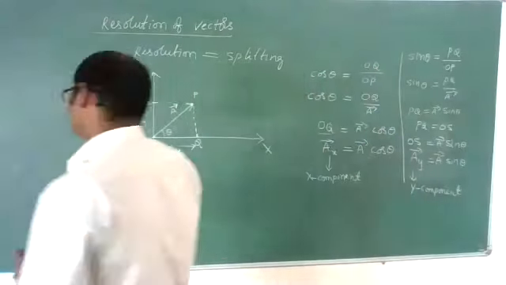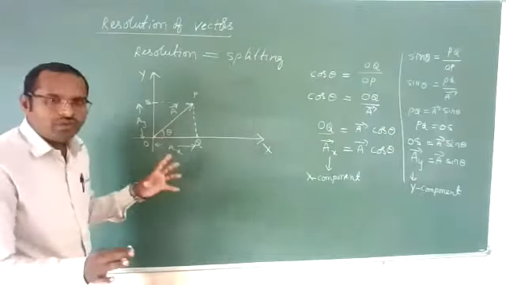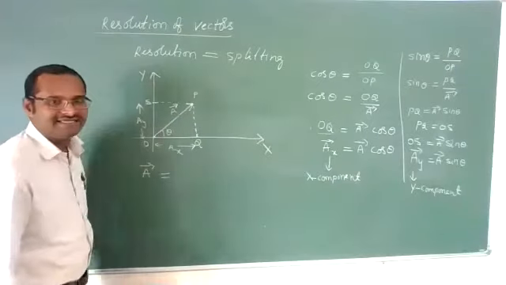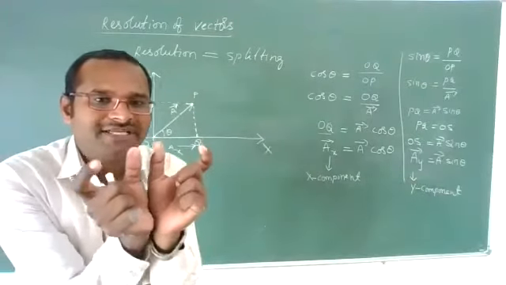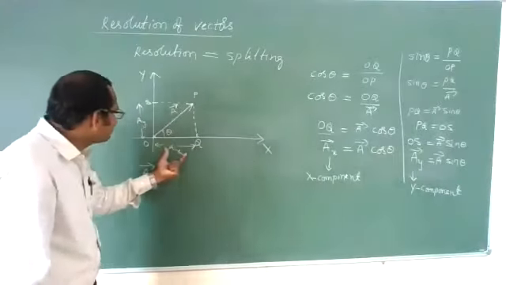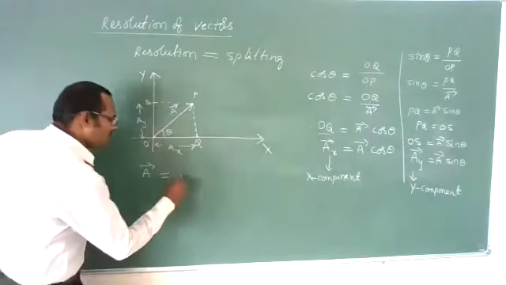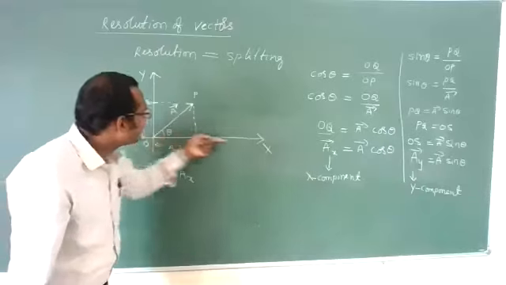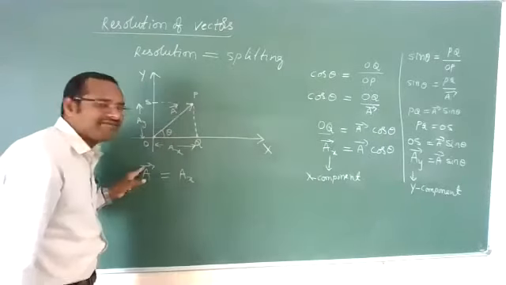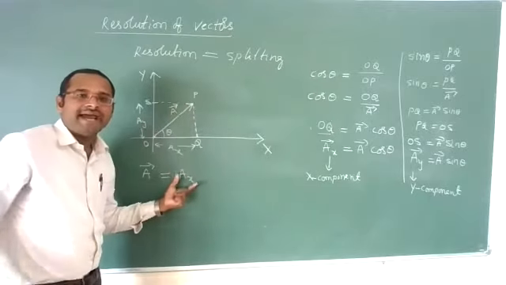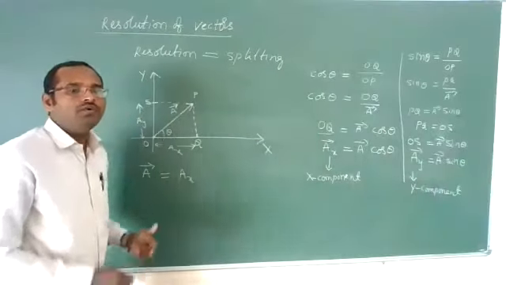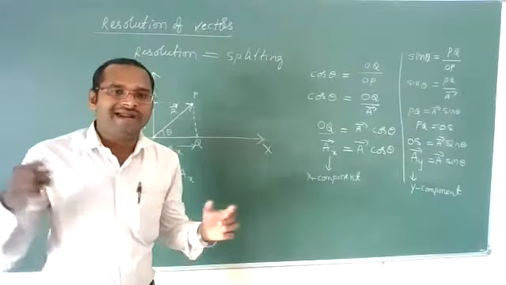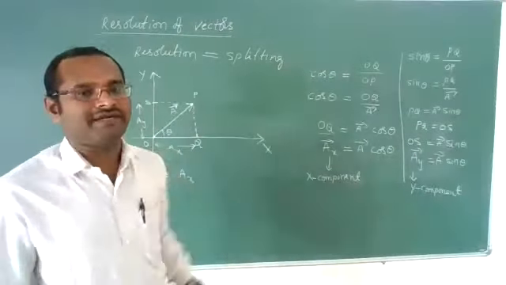Clear? Yes. Now this vector A bar we can write in vector form like this. A bar is split into two parts, one is AX, another one is AY. The AX part is along x-axis. Because I am writing a vector along with its unit, I should write the direction also. How to add a direction to a given vector without changing its value? Simply multiply with a unit vector.